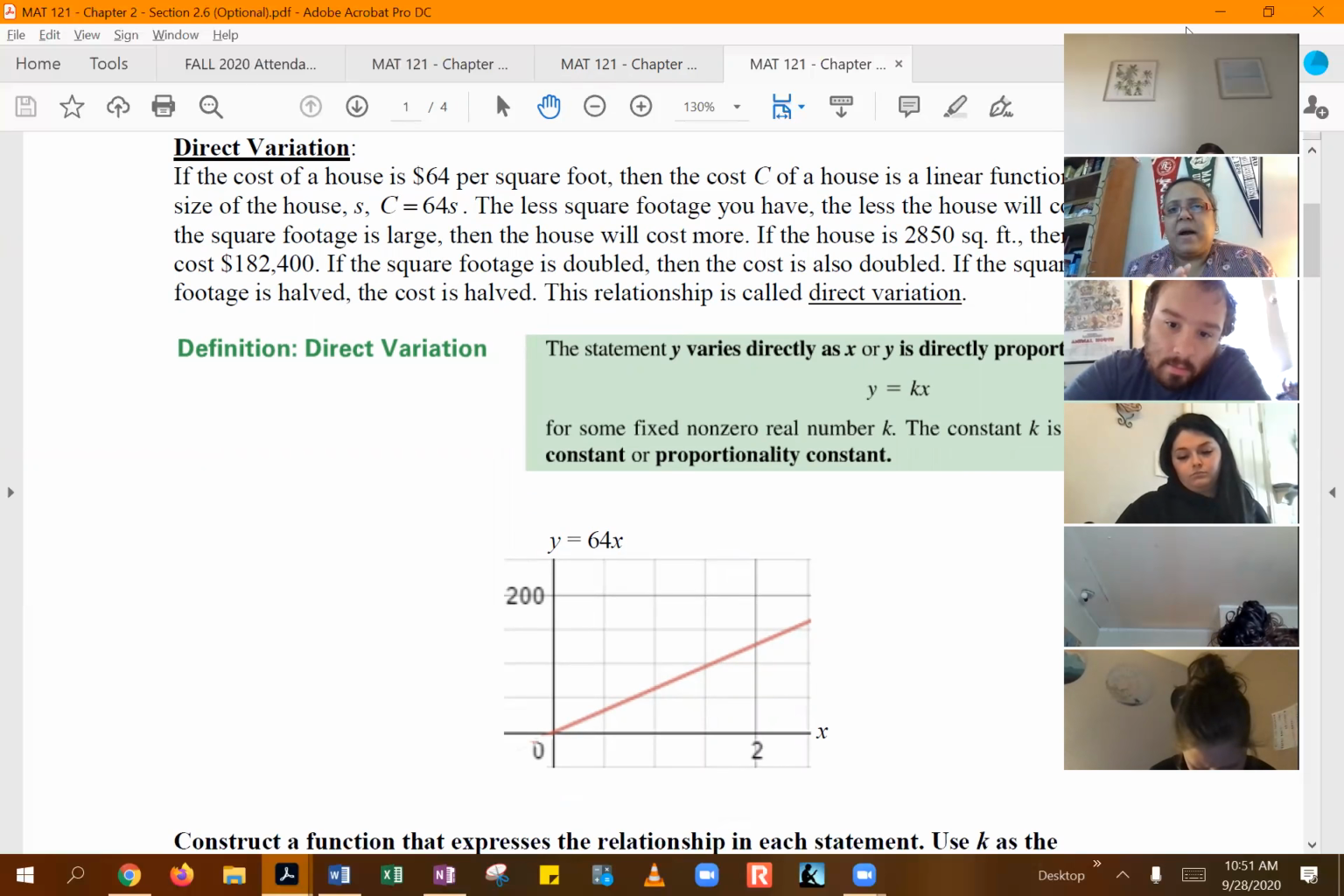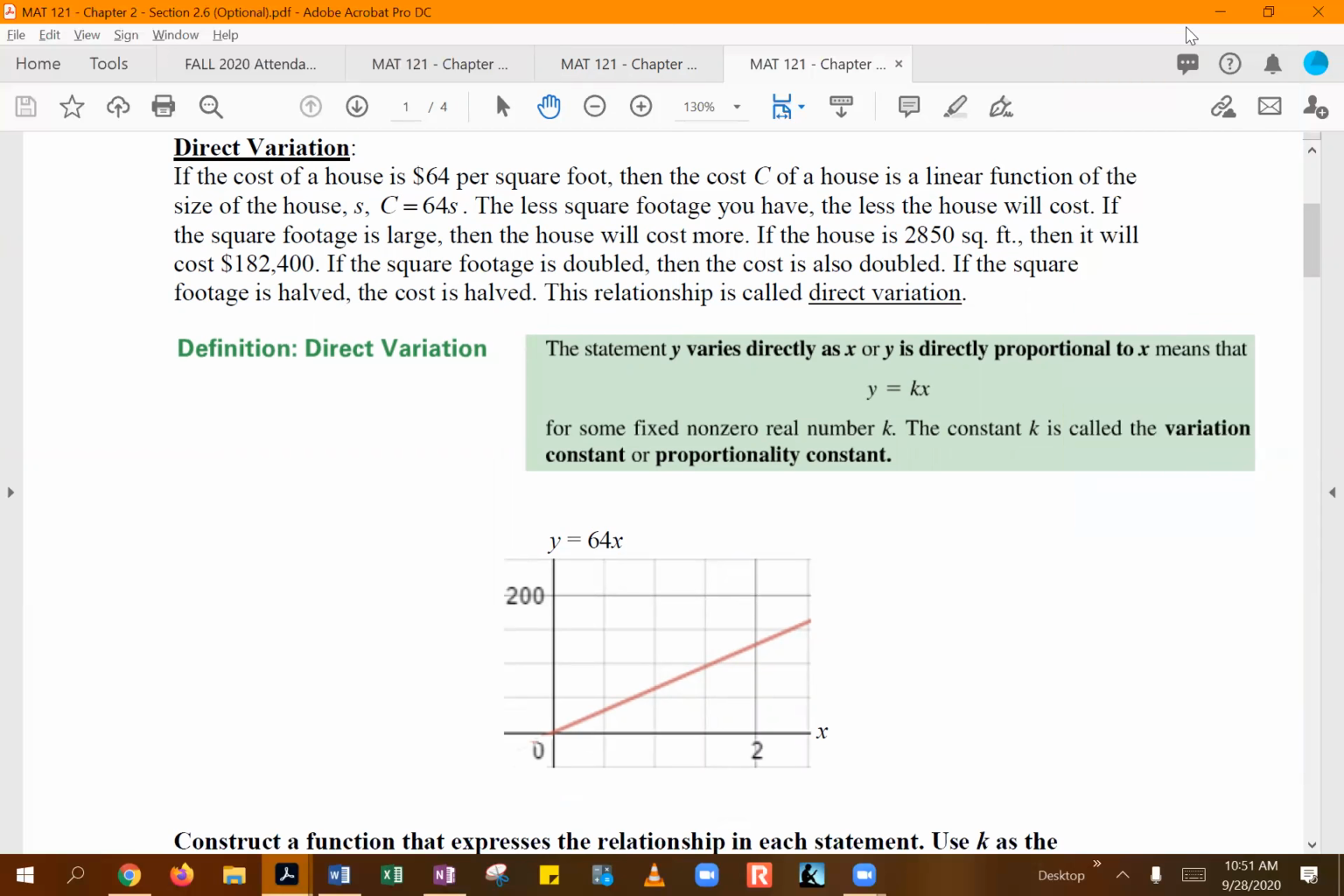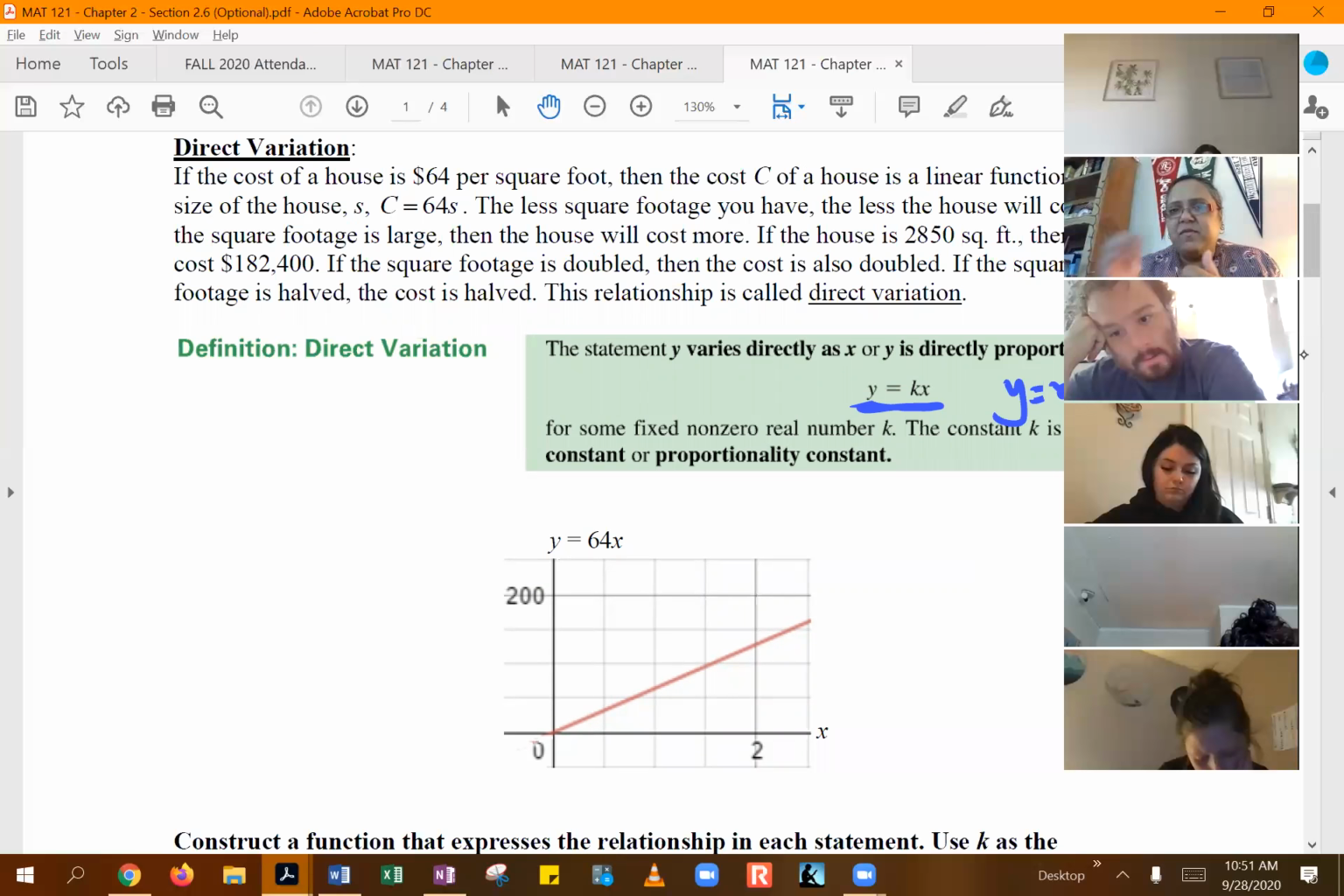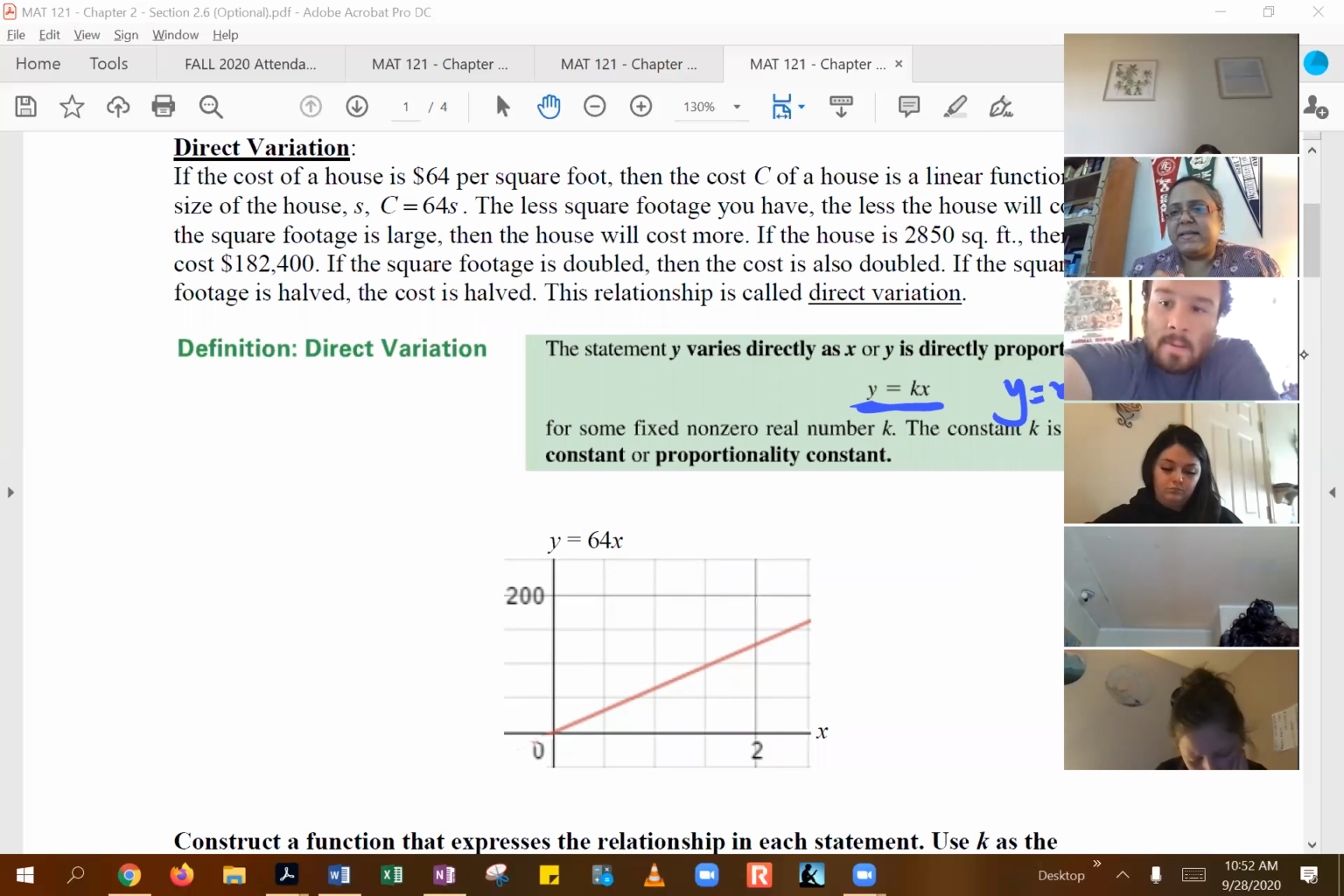So when we talk about direct variation, we're basically saying if one variable is getting larger, the other one is also getting larger. So if x gets bigger, the y also gets bigger, and that usually happens when you have an equation in this format, y equals kx, where k is a constant number. You can kind of think of it as our y equals